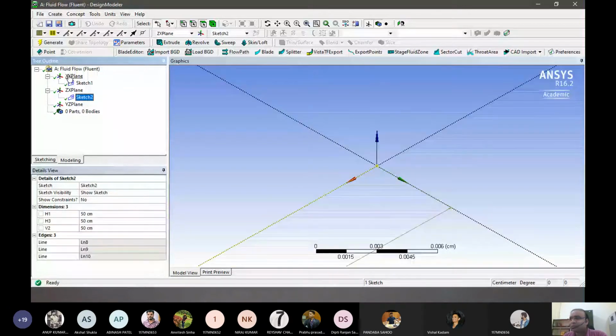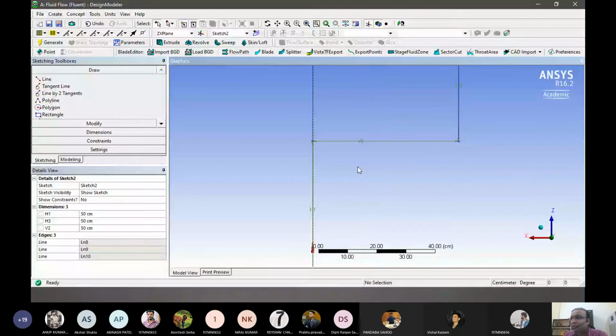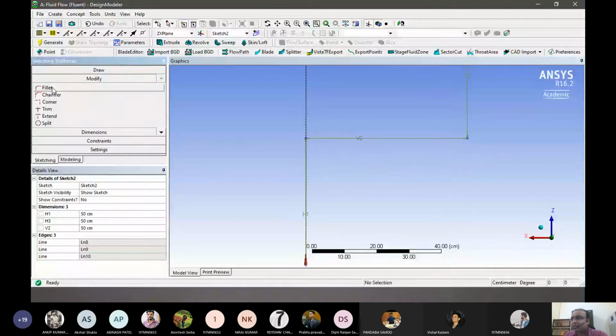But in sketch 2 we have to do some more work, because the edges are very sharp, right? So we'll use a tool to modify it called fillet. What fillet does is basically it makes the curves smooth. So these and this, the curve will become smooth.